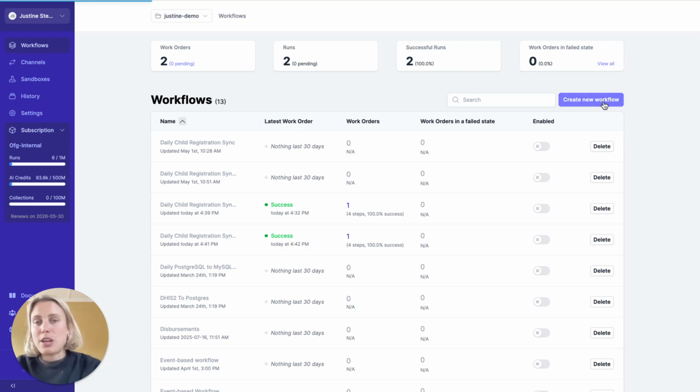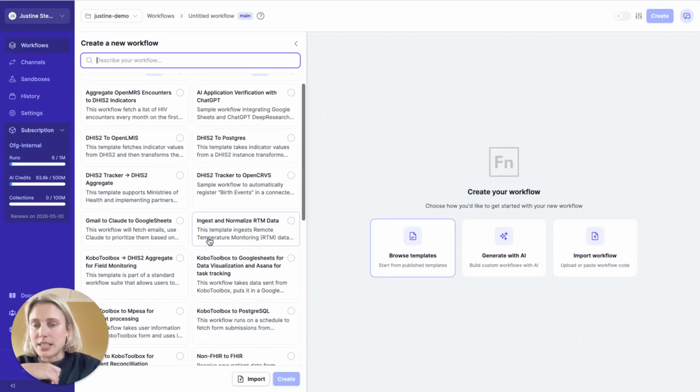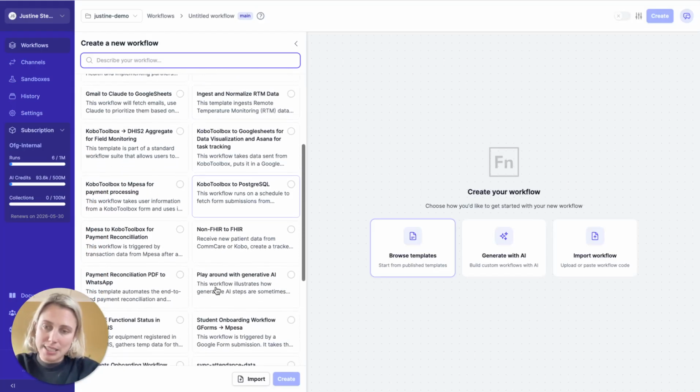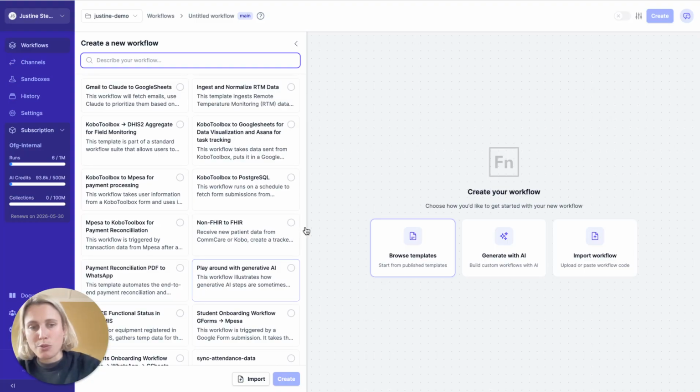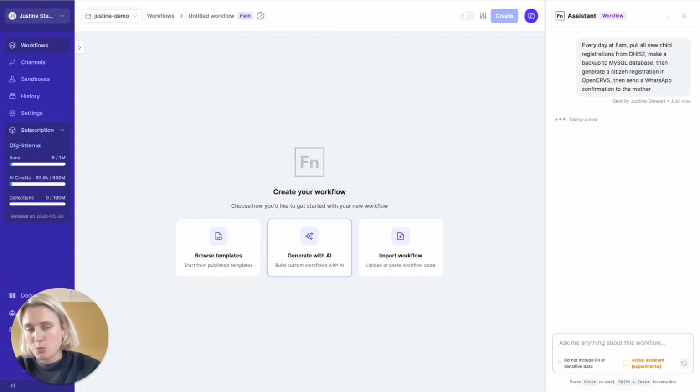So I will select my project and simply select create new workflow. We have three options to create a new workflow. One is to browse the list of existing workflow templates. Second is to import a workflow. And what I'd like to show you today is how to generate a workflow using natural language with our AI